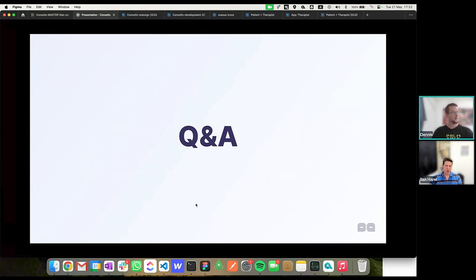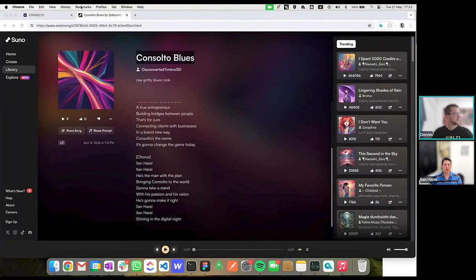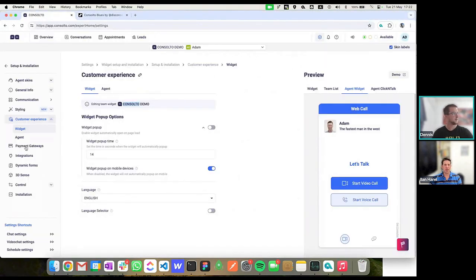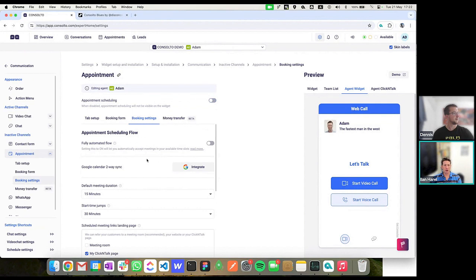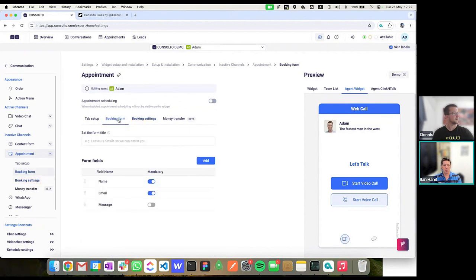Yes, the contact form you can edit, and you can put whatever you would want there. You just go to the booking form and you can add fields. These can be questions or email, and you can add many fields. Actually, not unlimited, I think it's limited to 10, maybe 15.